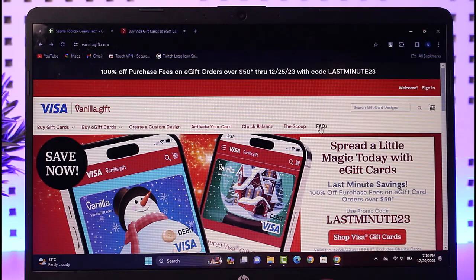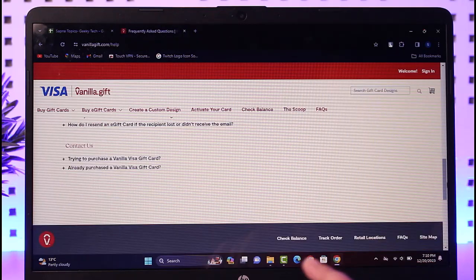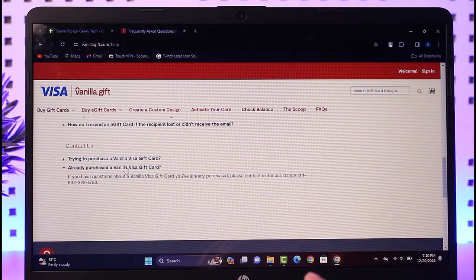this FAQs right over here. Simply go ahead, tap on it and scroll down to the bottom, and here in this contact us section you can find trying to purchase a Vanilla Visa card, already purchased a Vanilla Visa gift card. So all we have to do is tap on this already purchased a Vanilla Visa card. You can see, if you have a question about a Vanilla Visa gift card you have already purchased, please contact us